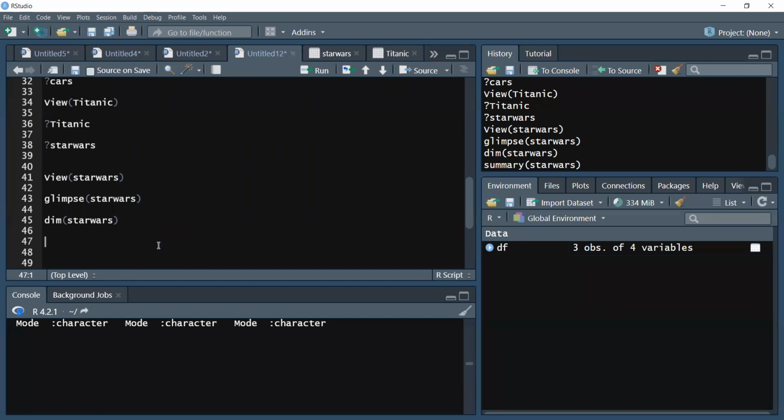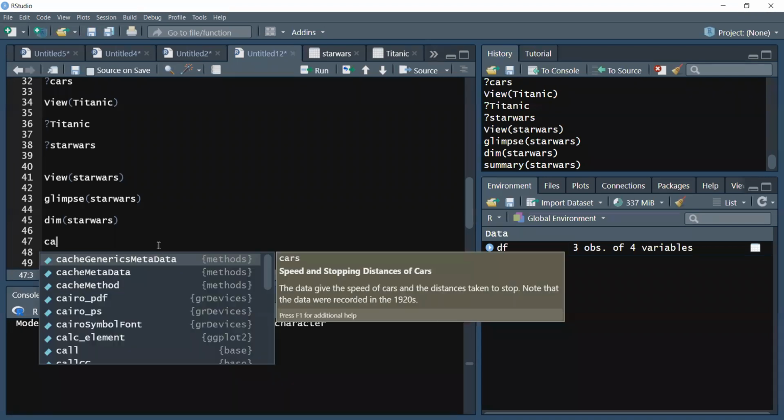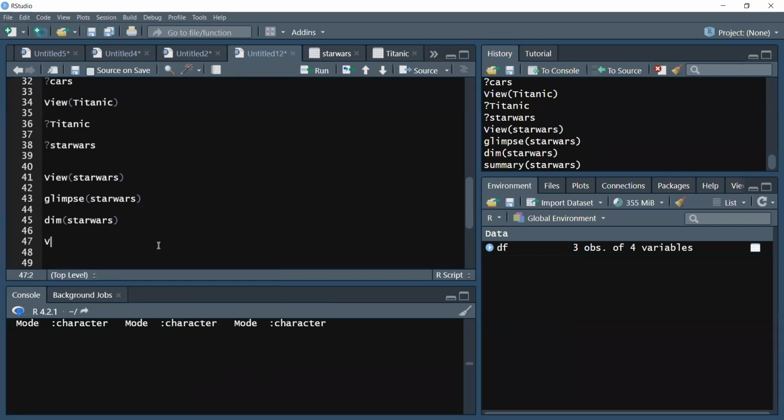But remember, when you have qualitative data, what kind of analysis can you do for qualitative data? Yes, a count. You can do a count. So, for example, if I have that cars, right? Cars. So if I say cars,